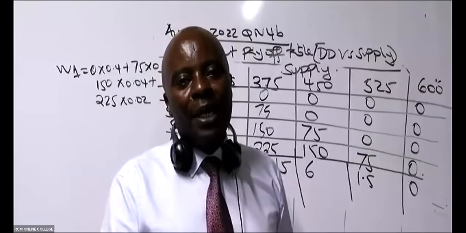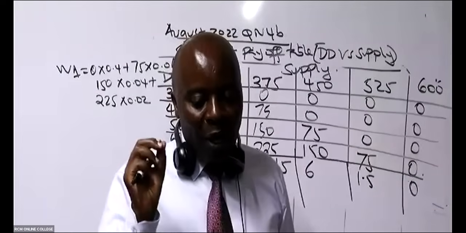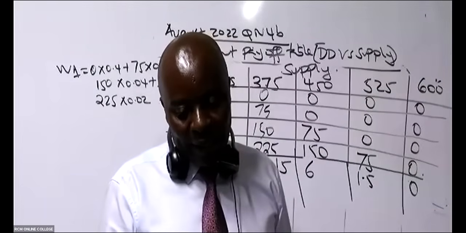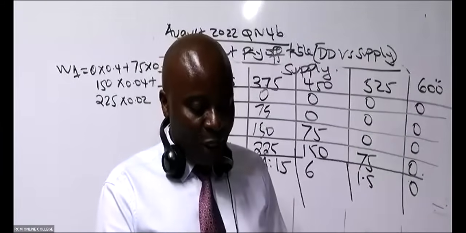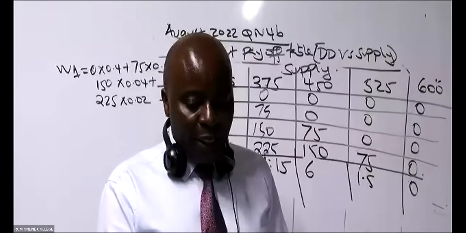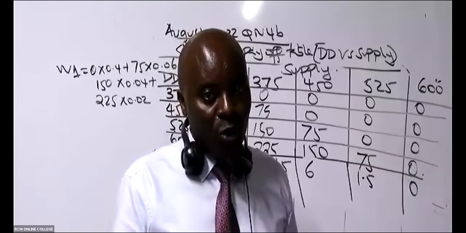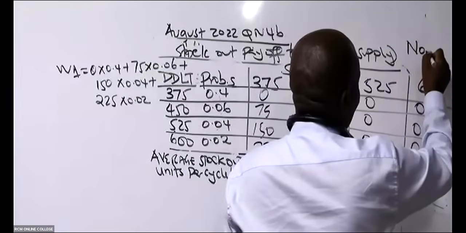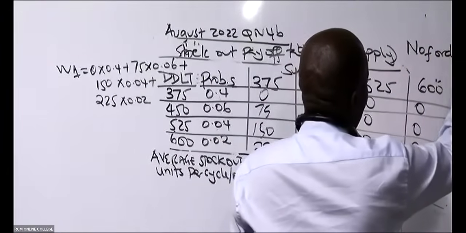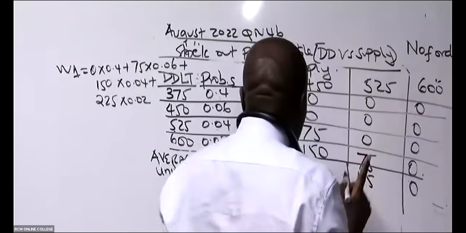Can somebody tell me in this particular case, if you wanted to get number of orders yourself, what would you have done? Thank you so much, Lydian. To get number of orders, Lilian is telling me that she would have taken the annual demand and divided by Q or divided by EOQ. Number of orders: we take D over Q or EOQ. Very important for you to remember that.